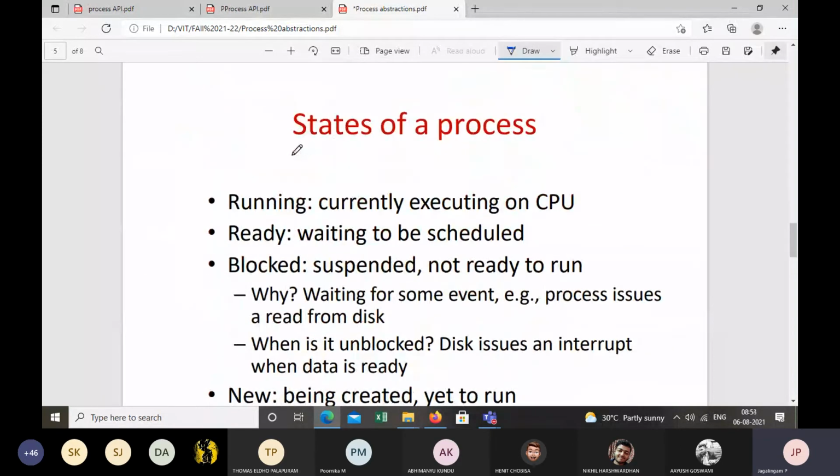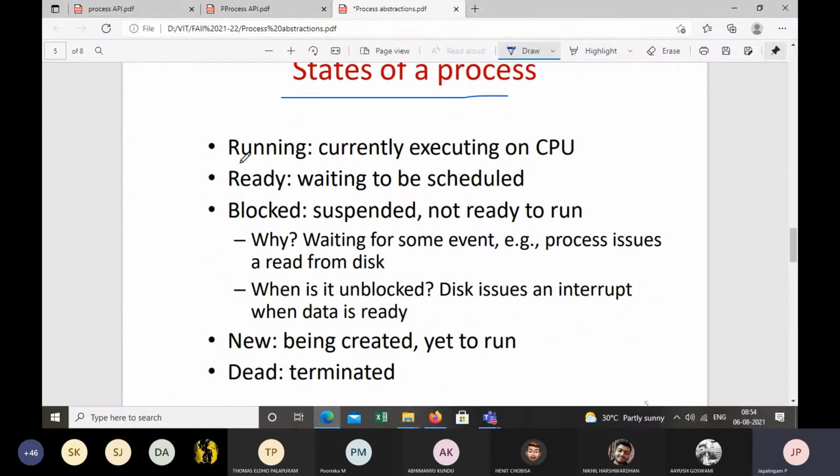And we also discussed the different states of the process. Every process is not the same. One process will be in the running state, another process will be in the ready state, and some process will be blocked. Maybe the process needs some information for the execution, and it may request some data from the disk.